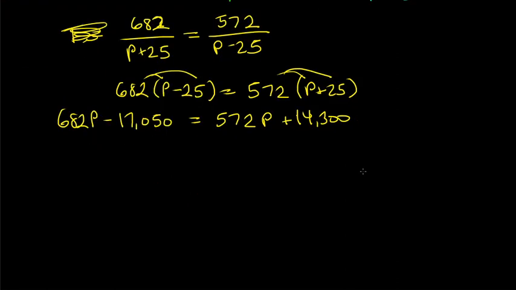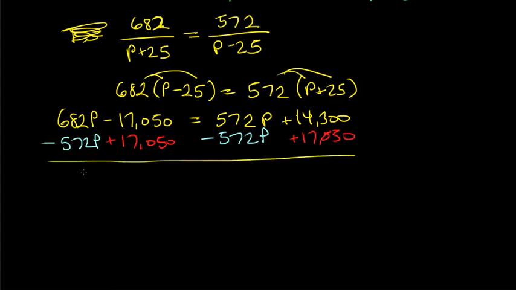All right. So again, I think you can take it from here, right? You're just going to take away the 572P from both sides. And we might as well add the 17,050 to both sides. Okay, so on the left, 682 minus 572 is 110P, plus 0, equals 0P plus